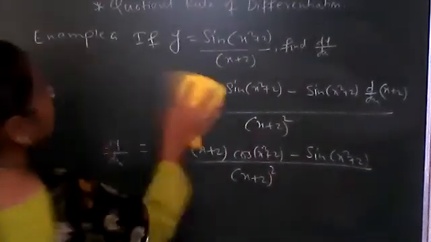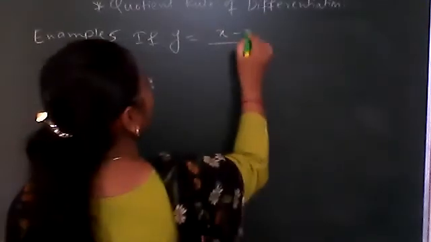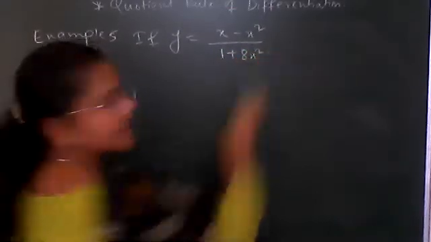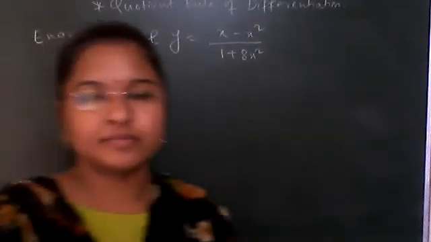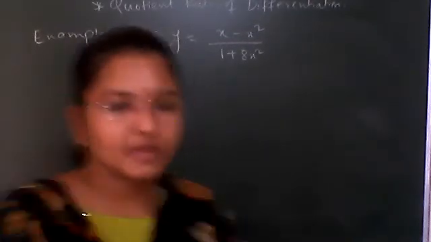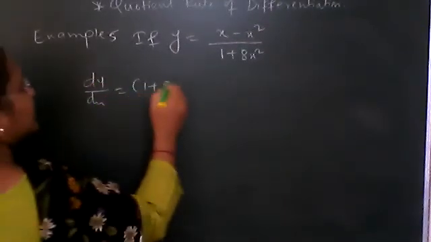Okay. So the next example, the fifth example: x minus x square upon 1 plus 8x square. Any doubt in this, boys? Any doubt in the previous examples? No, ma'am. Okay. So now dy by dx is